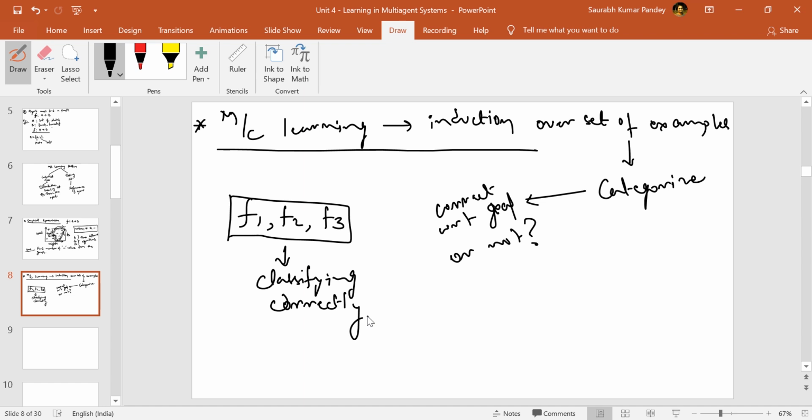So since 3 different algorithms are there, you will get different functions also, as you are getting over here F1, F2, F3. So this concept is known as induction bias. Okay, what is this induction bias? When you have a goal and that goal can be achieved by implementing 3 different algorithms or 2 different algorithms or multiple algorithms, and even though the multiple algorithms are implemented, you are getting different functions also. So this particular scenario is known as induction bias of a learning algorithm.